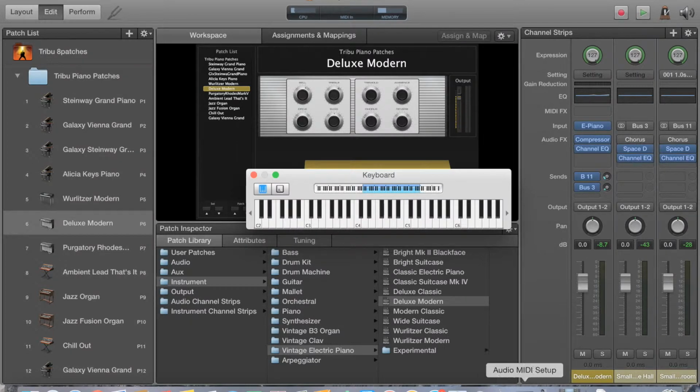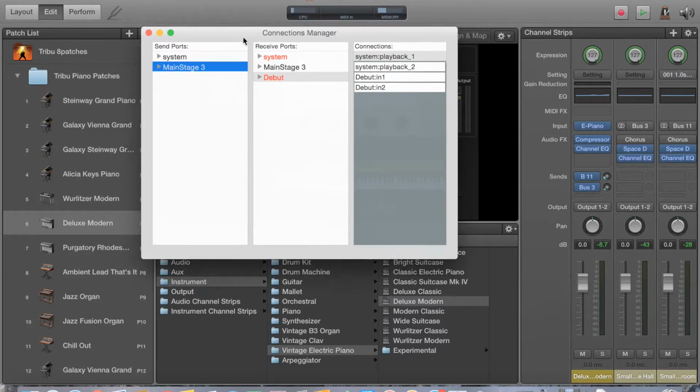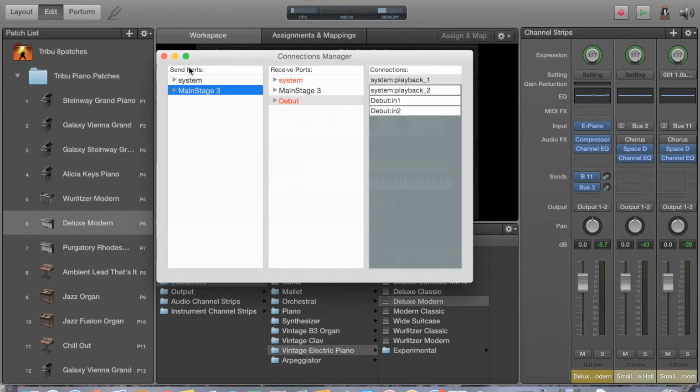Okay, and the nice thing is now that with Jack I can go here and say the sending ports, so the output of the system, which is actually the capture. I could reroute, for example, to Mainstage and to Debut, my recording software. And in addition to that, because that is obviously the standard, I can reroute Mainstage's output